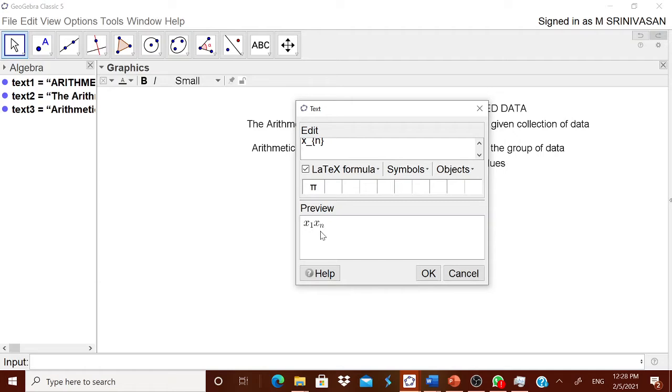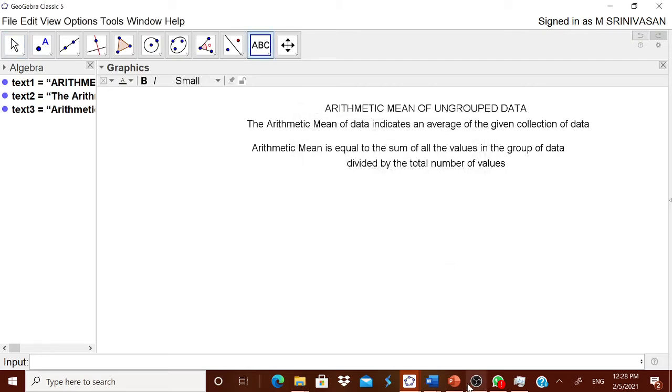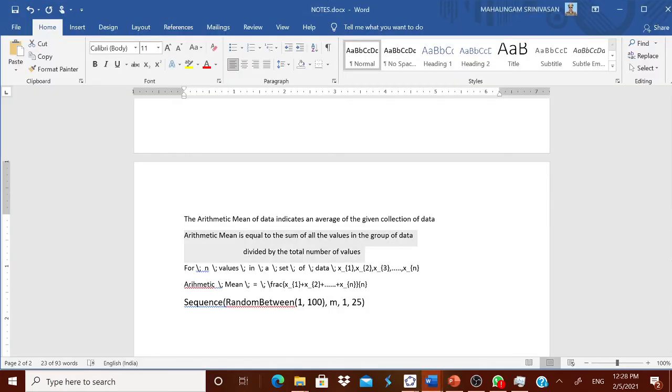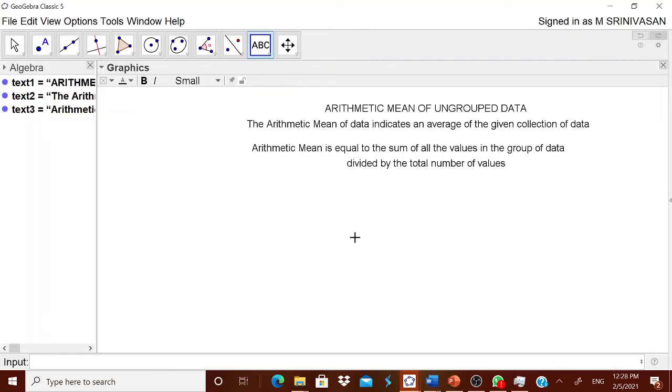Therefore now it is left to you. You have to type either in the LaTeX formula or use x underscore 1, x underscore 2 and so on. It is left to you. But whenever you are doing the division and all, then LaTeX formula is the best one. But to avoid wastage of time, I have already typed it. Therefore I am copying it. Already I have typed it. This in LaTeX formula, I am typing it.